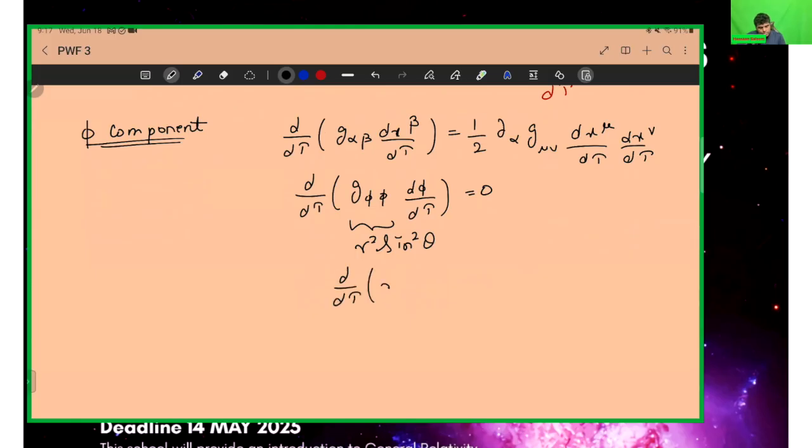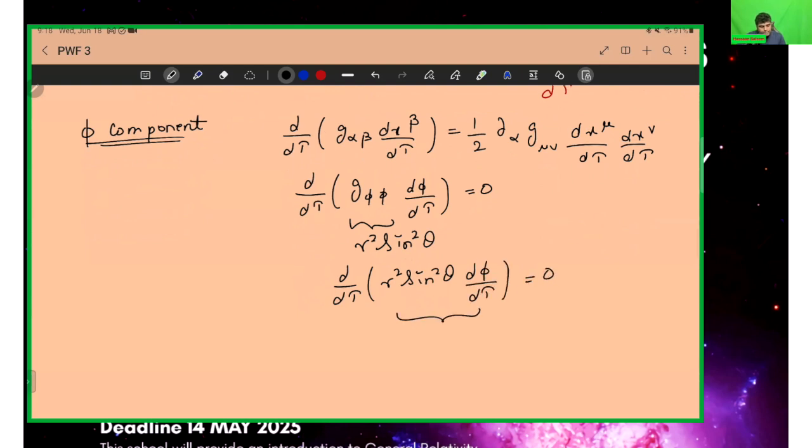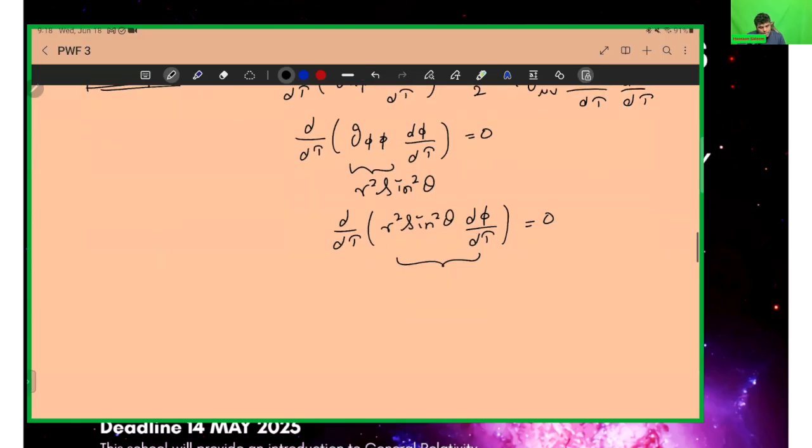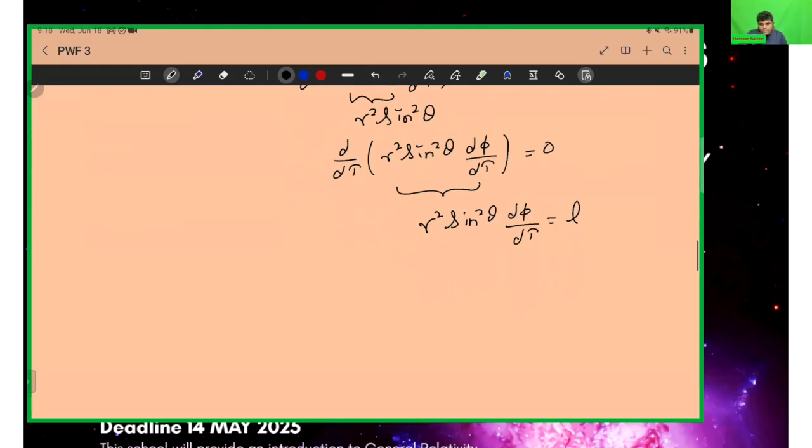It means that r squared sine squared theta d phi over d tau is zero, which again means that this is a constant. And let me call this constant small l, or lowercase l, right? Now, what does this equation tell you? Well, this equation is not that complicated actually. Before I talk about this equation, let me tell you that there is a symmetry argument to show that